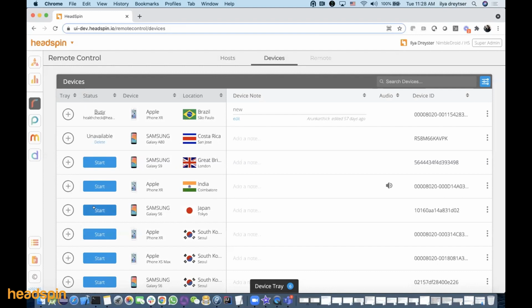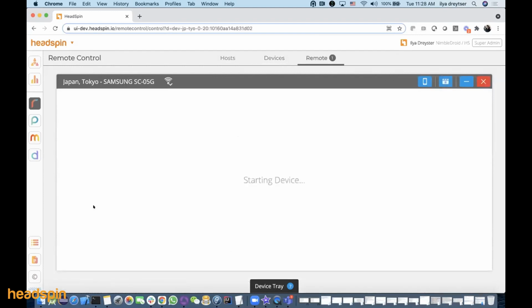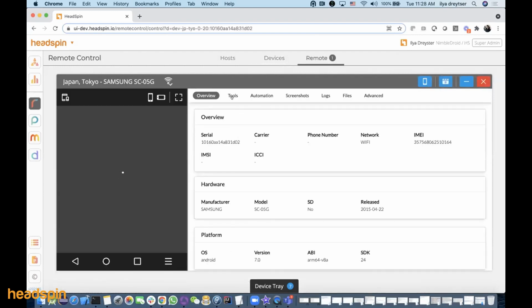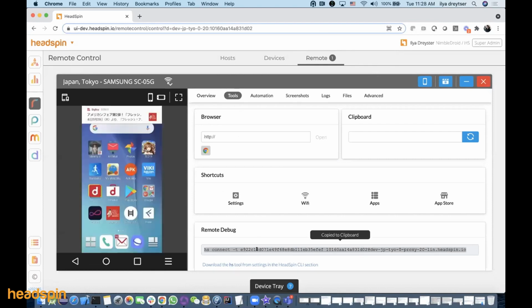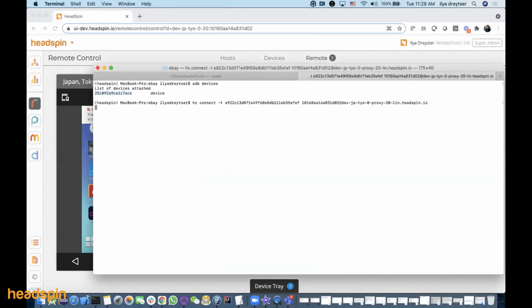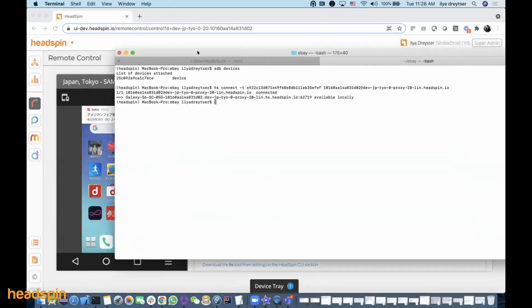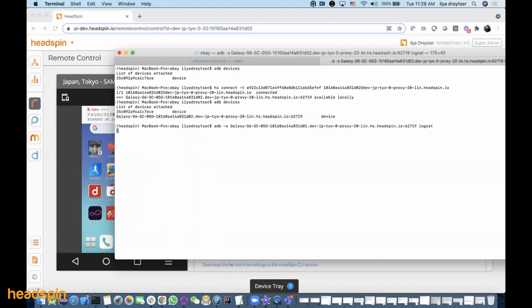Now, with a HeadSpin device, like if I start this S6 in Japan, one of the cool things is I can take this remote device that's not in my hand and actually connect it to the platform over here, right? So if I do this and it connects the device to my local machine, then I'll be able to access it from here. So, as you see now, I have two devices. And this is awesome, right? This is a device that HeadSpin provides, and I can now treat it as a local device. And I can, for example, grab the logcat live off of this device like so,